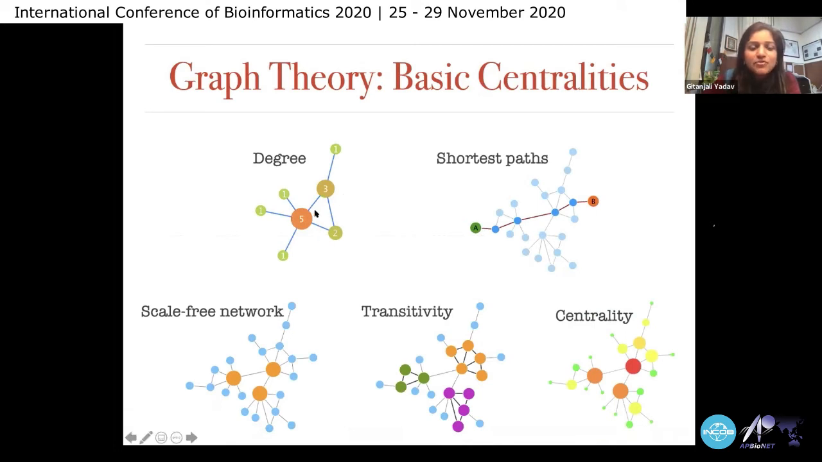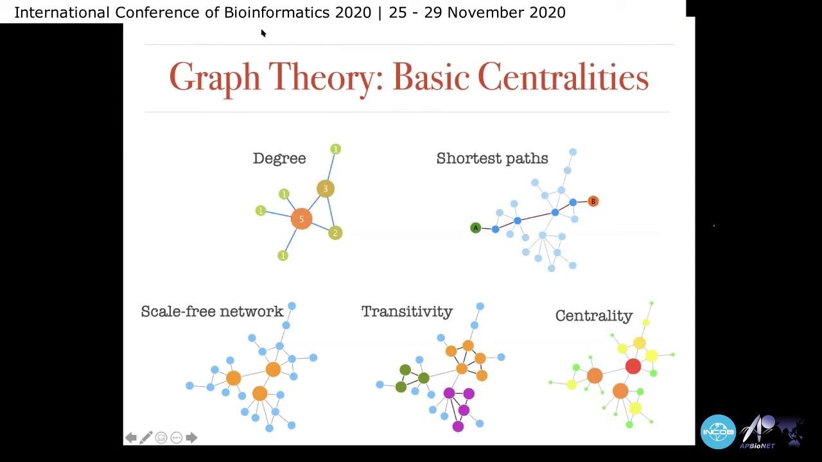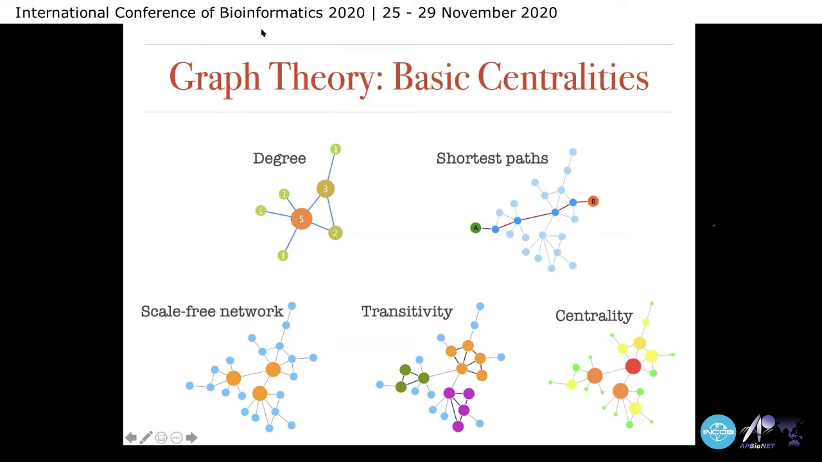So what is the degree of the orange node in the first picture that you see in front of you here? The degree of the orange node is, okay,